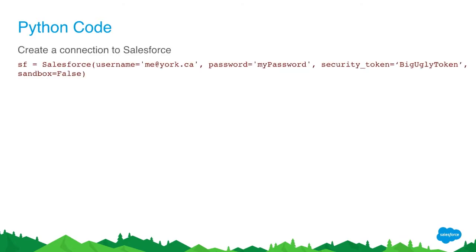So once we connect, in order to connect to Salesforce, we need to do our authentication. Most of this is going to look pretty straightforward. You've got a password, a user ID. The security token you may not be familiar with if you haven't used an API before. So when you're working with the APIs, there's a security token that you also need to provide.